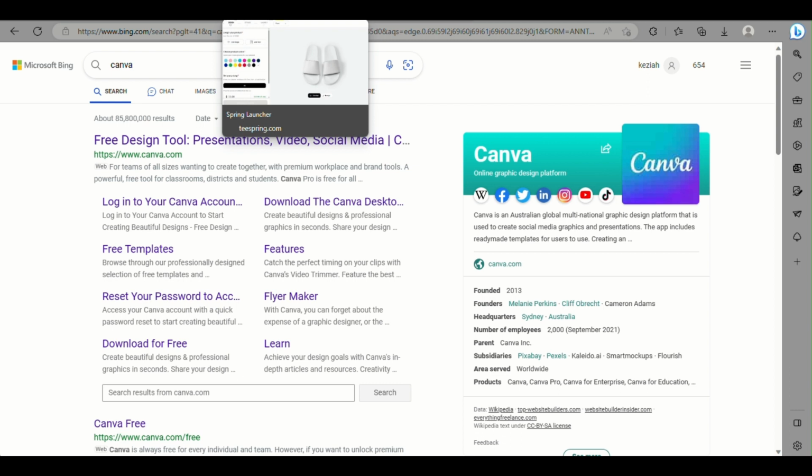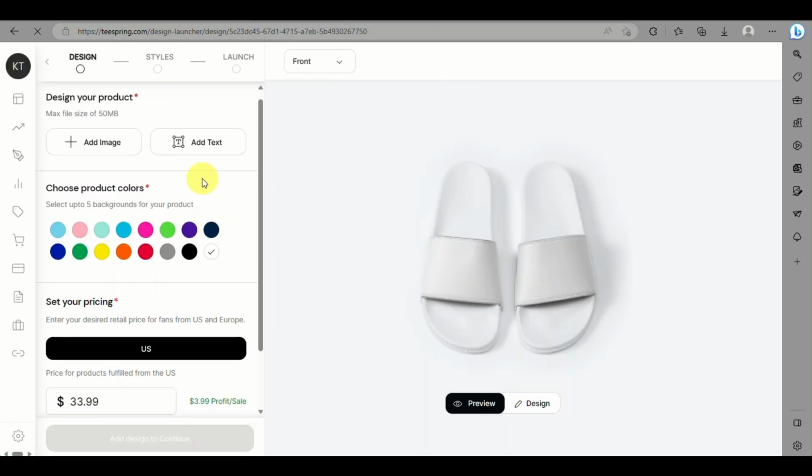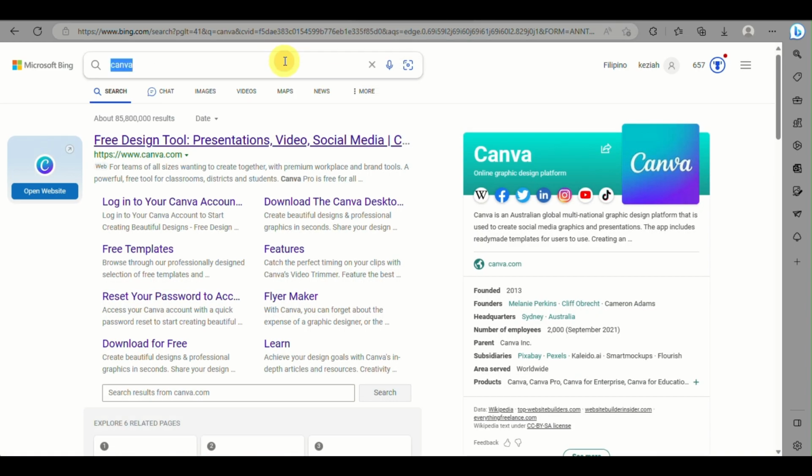So here you have canva.com. This is an editing platform where you can definitely create designs for your own products, like t-shirt designs, or even just design templates for your own product, or universal design products for you to use. So here, once you click on your slides or that specific product that you want to put your designs into,